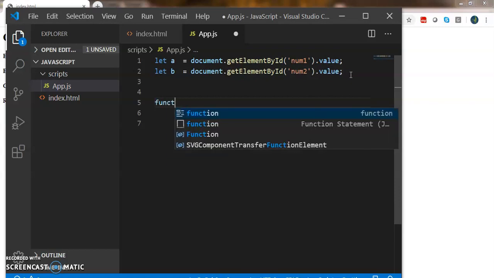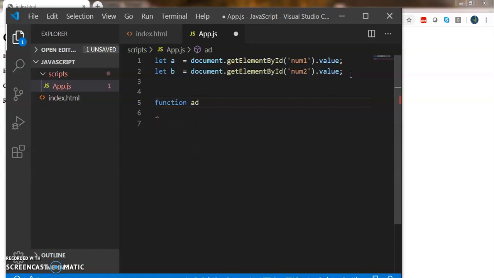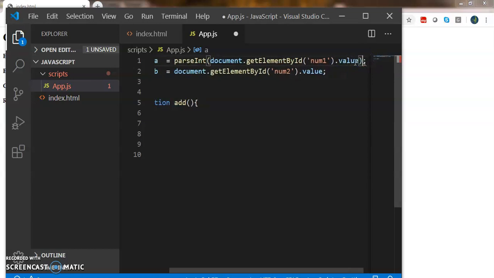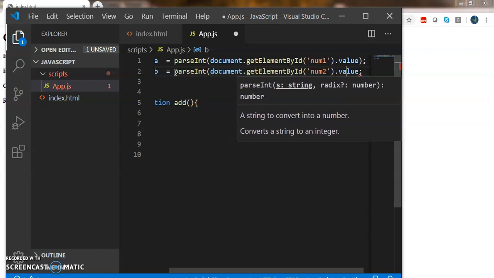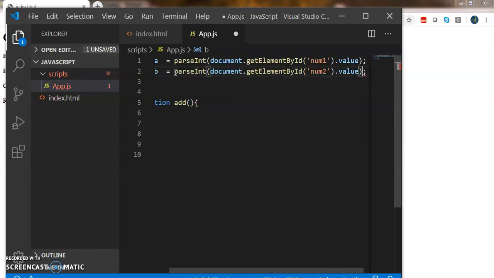Let's create a function for adding the numbers. And also document.getElementById always returns a string. So in order to make it a number, we have a built-in function, parseInt, which makes the result a number, so we can perform mathematical operations on that.